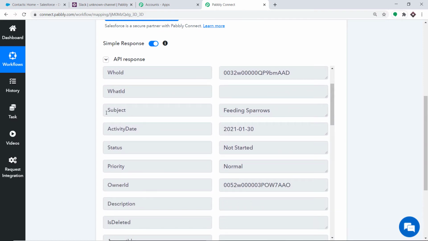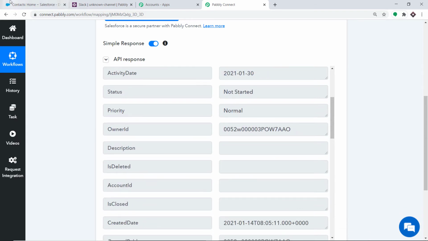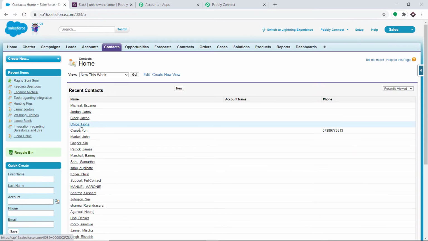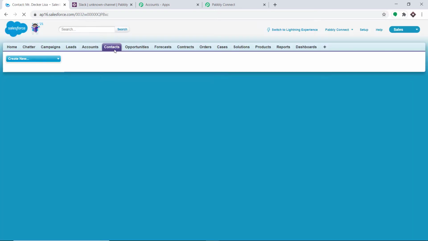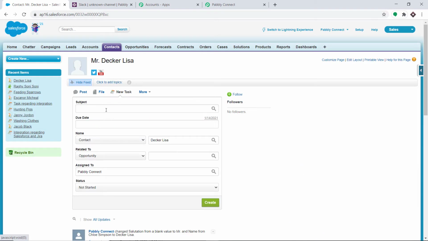For example, it is showing the subject as feeding sparrows. And this is the activity date, that is basically today. Okay, so let me create a task in Salesforce and you will understand it better. So I'm going to create a task for this person, Lisa Decker. Okay, so I'm going to create a task.